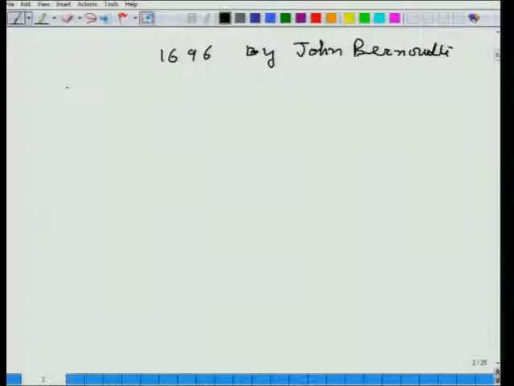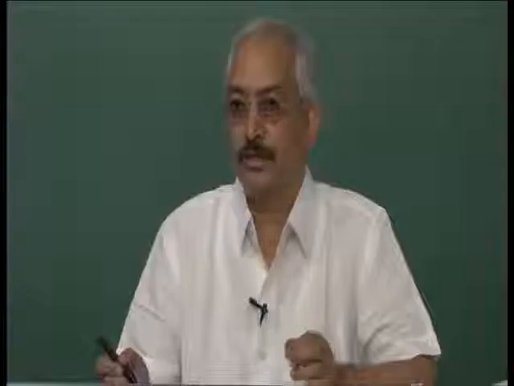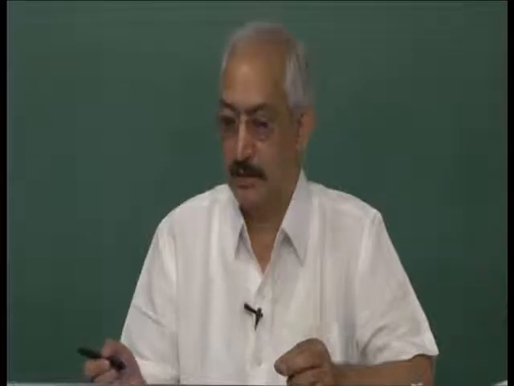He proposed a problem which is known as the Brachistochrone problem. In this problem, what he proposed is to find the path along which a particle slides under gravity so that it takes the